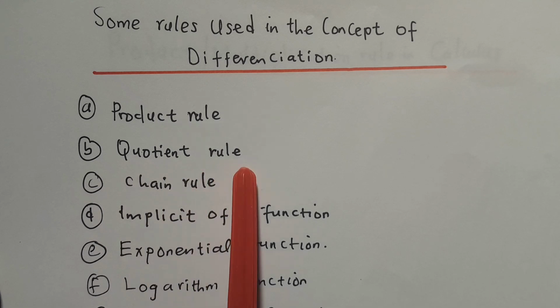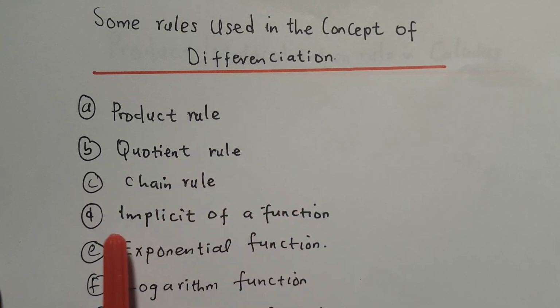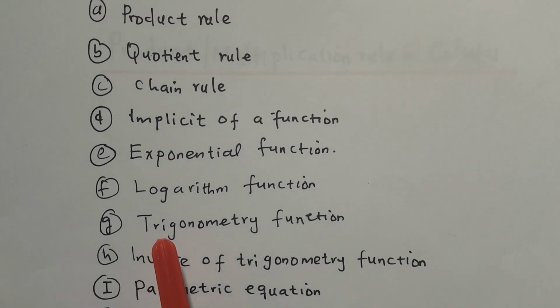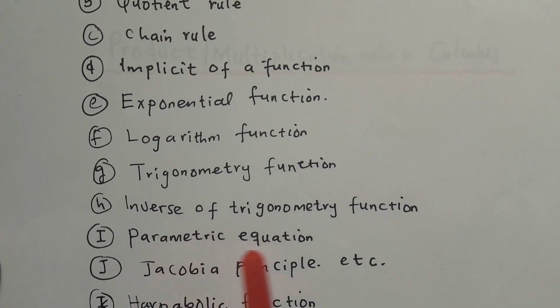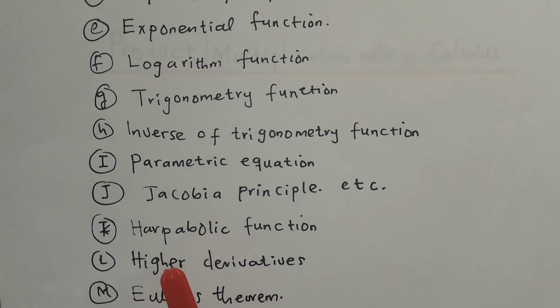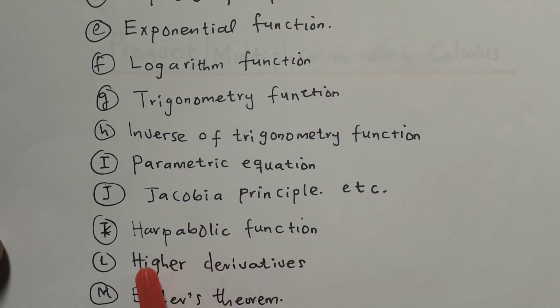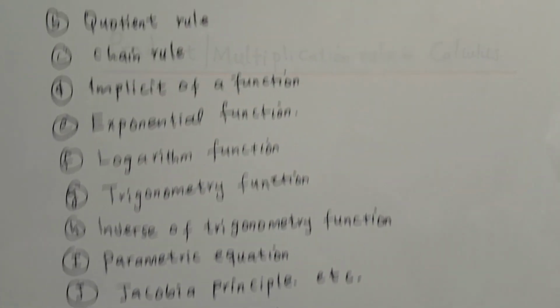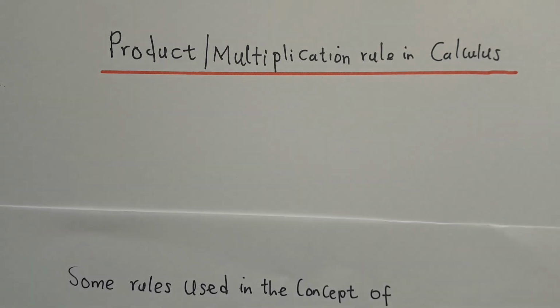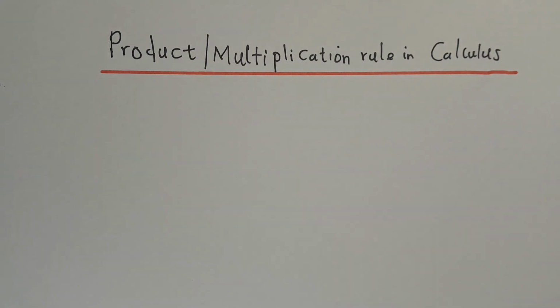We have the first one to be product rule, quotient rule, chain rule, implicit differentiation of a function, exponential function, logarithm function, trigonometric function, inverse of trigonometric function, parametric equation, Jacobian principle, etc. We have hyperbolic function, higher derivatives, Euler's theorem, and many more. But let's start with the product or